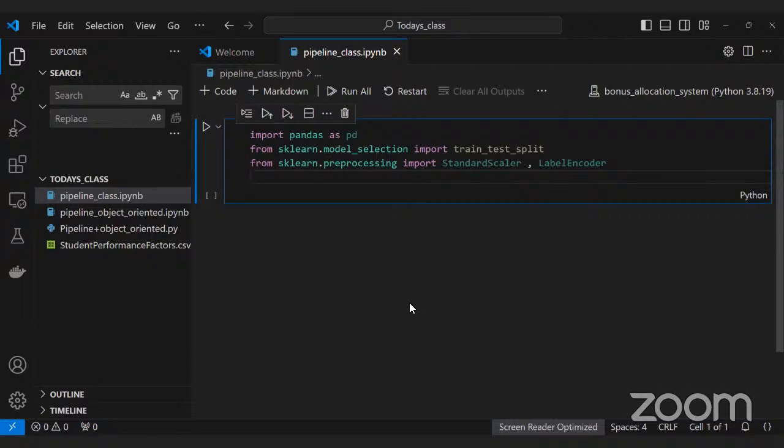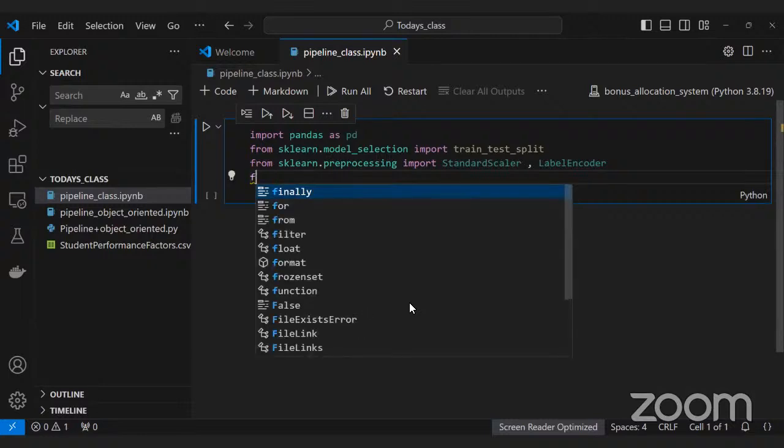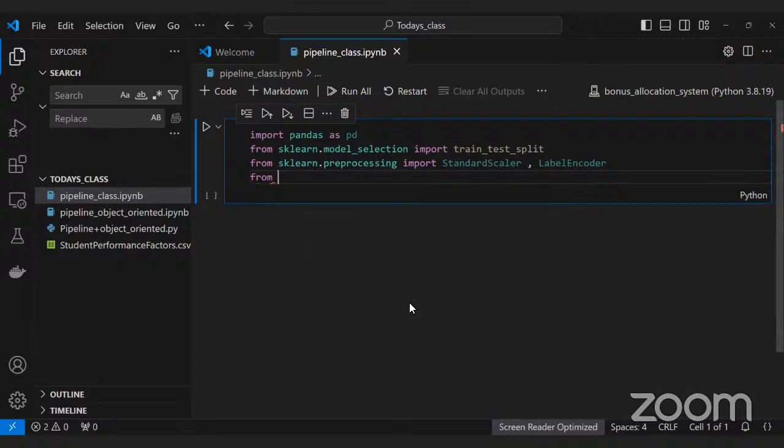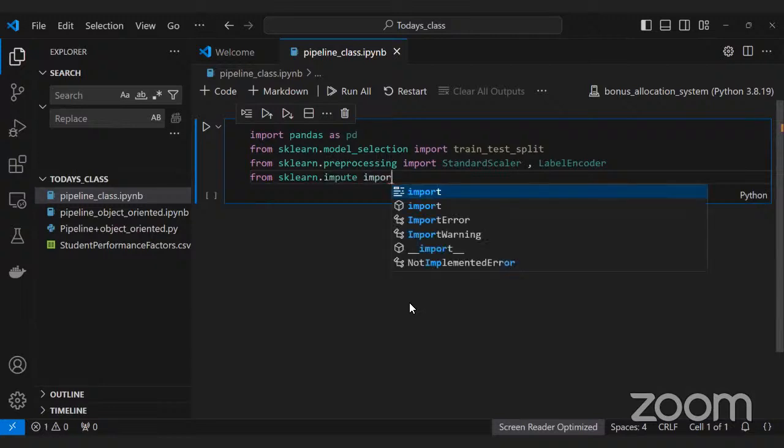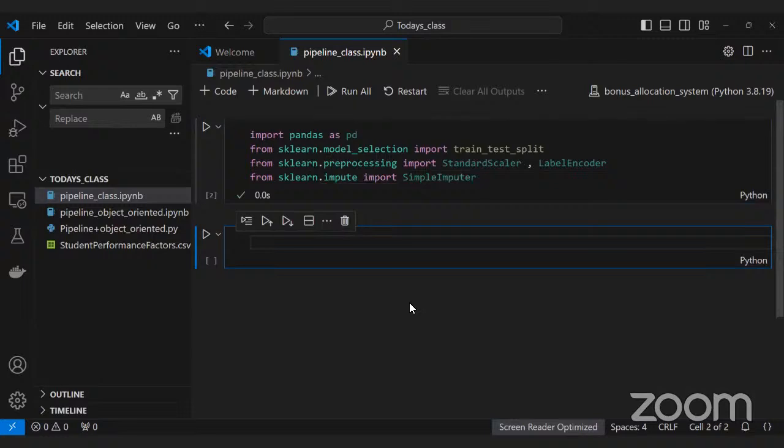So to import the SimpleImputer, we are using from sklearn.impute import SimpleImputer. So these are the important libraries which are suitable for all the process we are going to do. So the first stage, stage one,